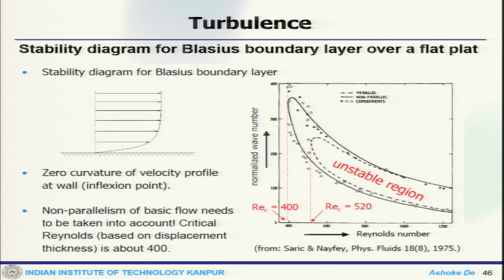Now, similarly, you can put a stability diagram for boundary layer flow over a flat plate. So, this is my flat plate. This is the Blasius boundary layer. One important point to be noted here is that it has zero curvature of the velocity profile at the wall, that means at the inflection point. So, non-parallelism of the basic flow needs to be taken into account. So, this is my Re critical, 520, this is Re. So, this is my unstable zone, and if you look at the Reynolds number,